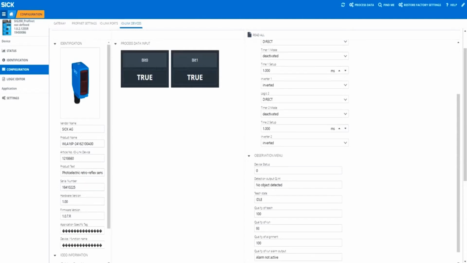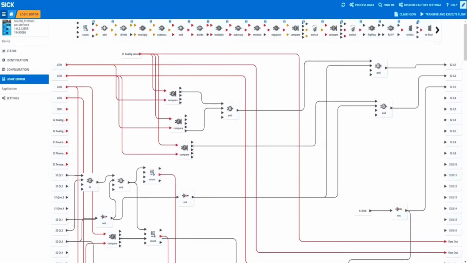So this is acyclic data, so this is data that comes out as you request it. It's not constantly uploaded. It's entirely possible to make it something that can be requested again and again and again. This SIG200 does have a REST API on board, which means we can send commands over a REST API interface. We'll do a short demonstration of that in a moment using some software that can pretend to be a REST API client. So hopefully you'll be able to see now, this is our logic editor,